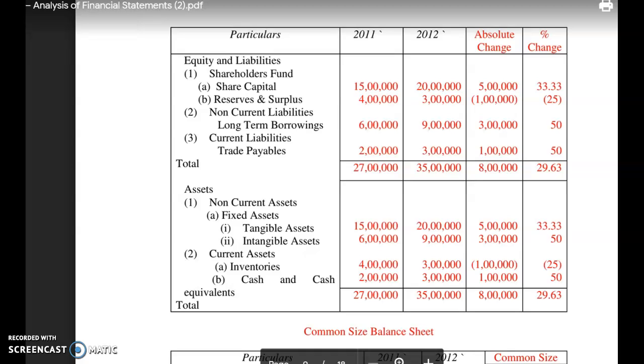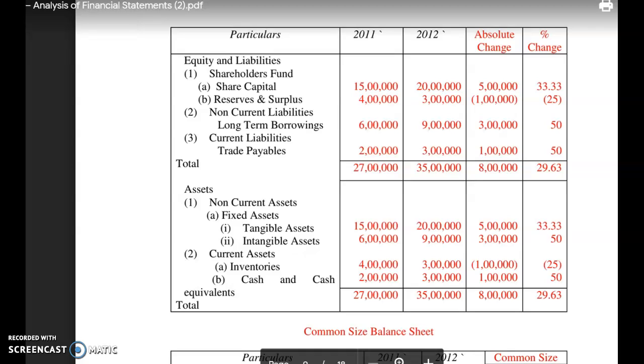Now see here, the share capital in the year 2011 was rupees 15 lakh. In the year 2012 it is 20 lakh. The absolute change, that is the change in terms of rupees, is 5 lakh. In terms of percentage, it is 33.33%. How did it come to 33.33%? The amount of change divided by the base year figure into 100. For the share capital, the absolute change is 5 lakh, divided by 15 lakh into 100, which you would find is